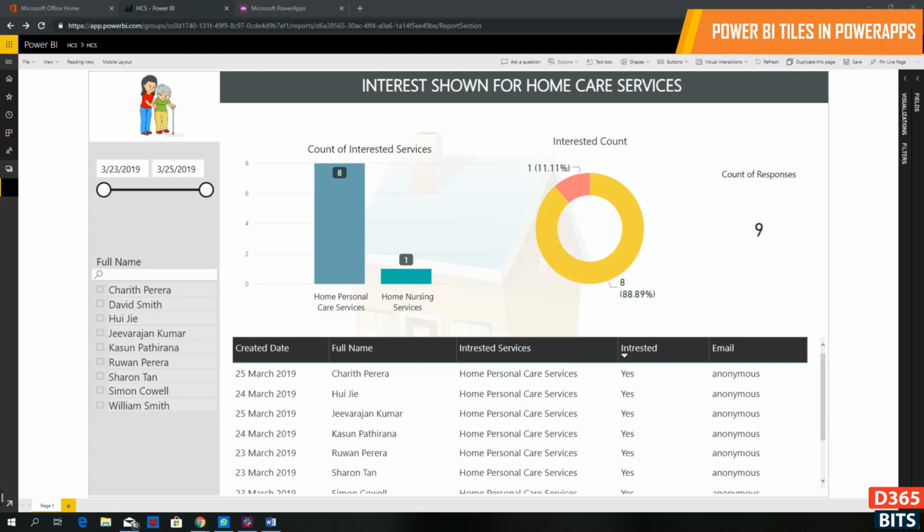There are 3 types of home care services provided, and the bar chart shows the number of respondents who are interested in different types of services. But during the data gathering, respondents have shown interest in 2 service types only. So that we understand a bit about the data set that we are going to use for this demonstration,